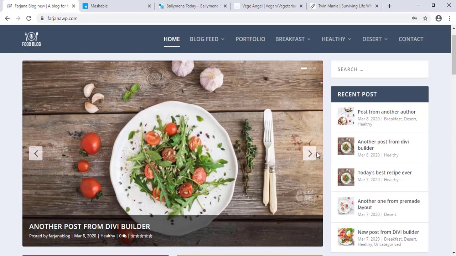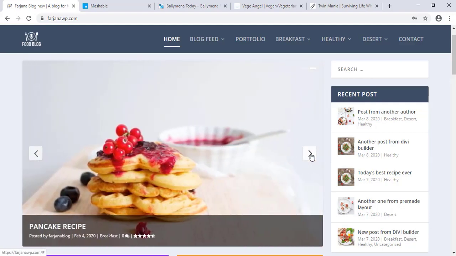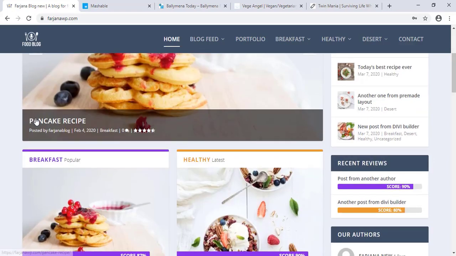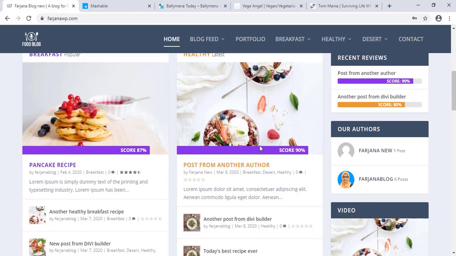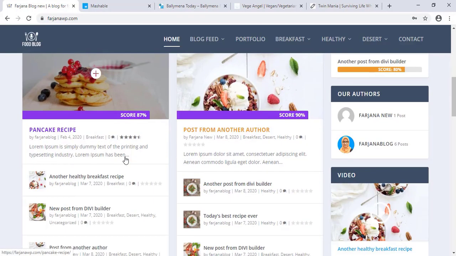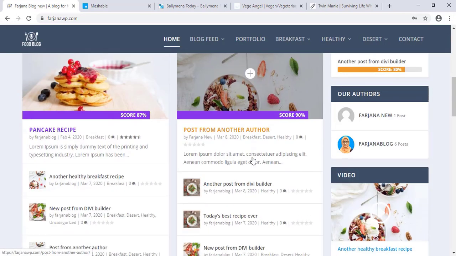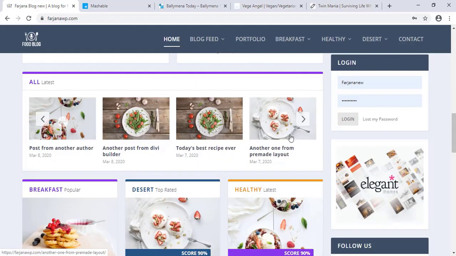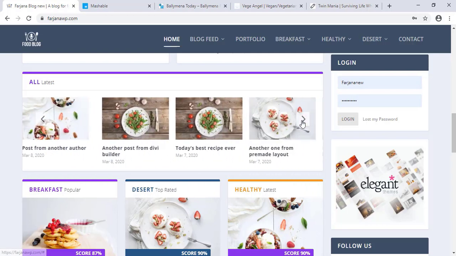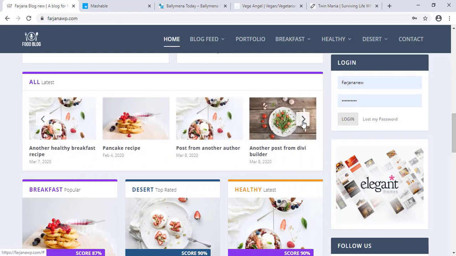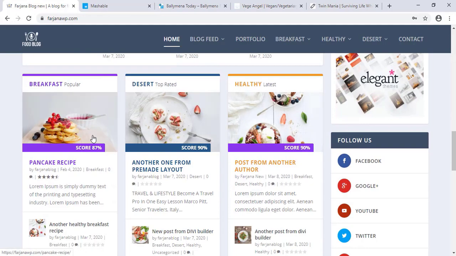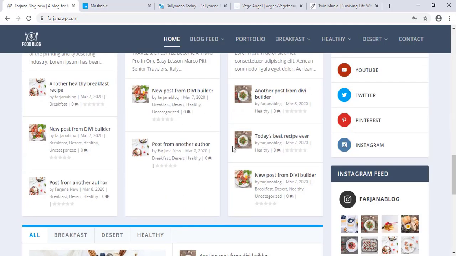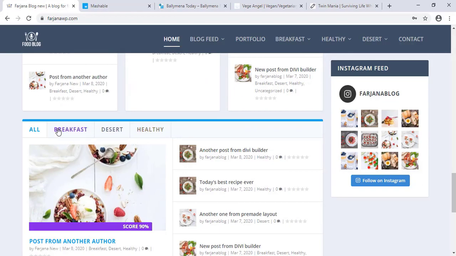Next, here we can see a slider. These are coming from our featured posts, and here is the title. Here is the author, the date, the category, and here is the rating. And under this there are some posts under a specific category, and here is a carousel. It's a nice and professionally designed carousel, and under this there is also a post style, and here is another